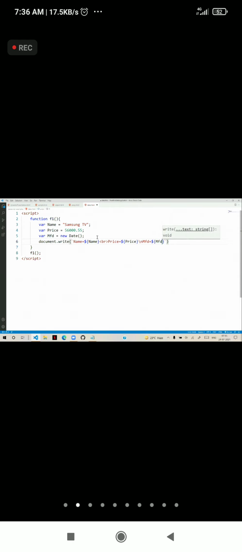When we print this, manufactured contains the date. You can see that the date is printed here. By default, the current date and time will be displayed.